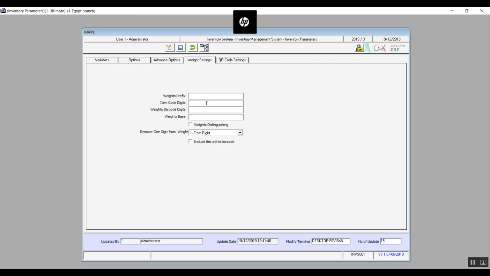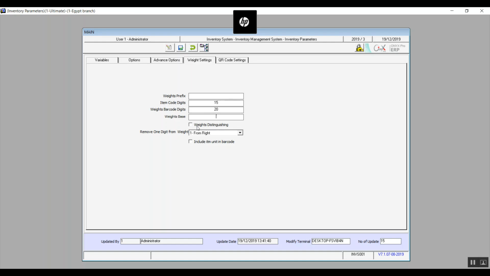Item code length, the number of digits basically you will use to record the item's code. Weight barcode digits, that is the number of the digits that you will use to record the item's barcode. Weight base, that's the base of the measurement unit for, of course, the weighable items.